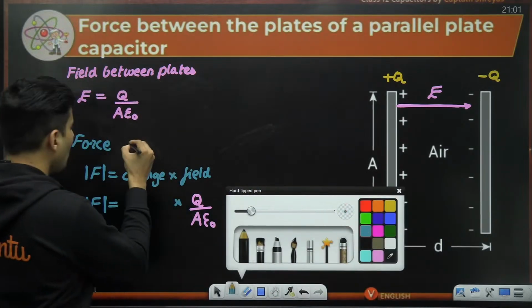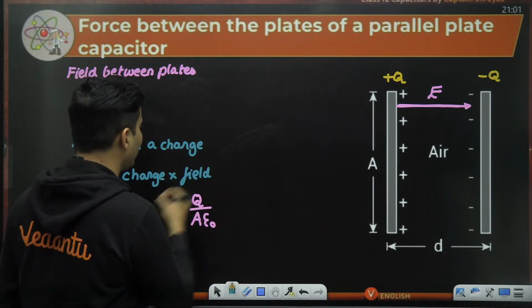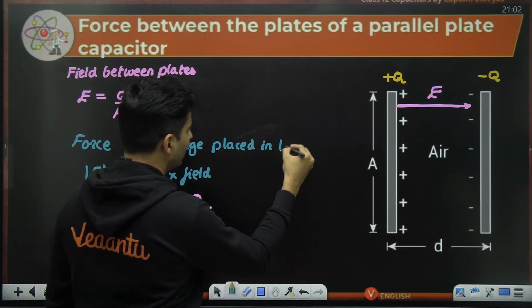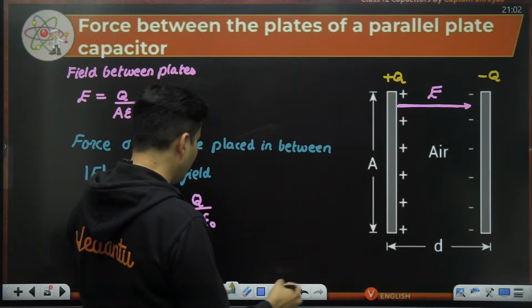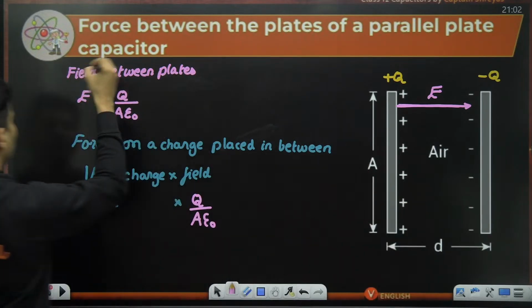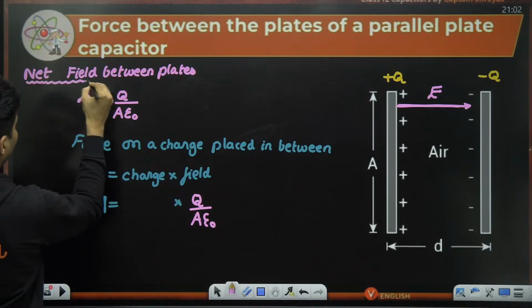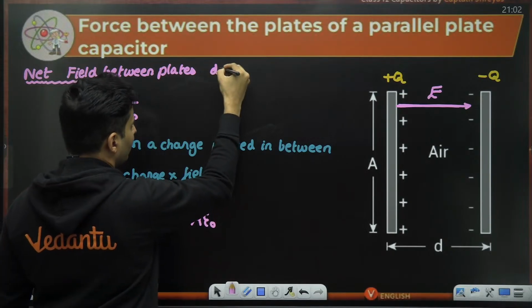Force on a charge placed in between the plates. And this is the field between the plates. But this is not any field. This is the net field. This is the net electric field between the plates. So it is due to both